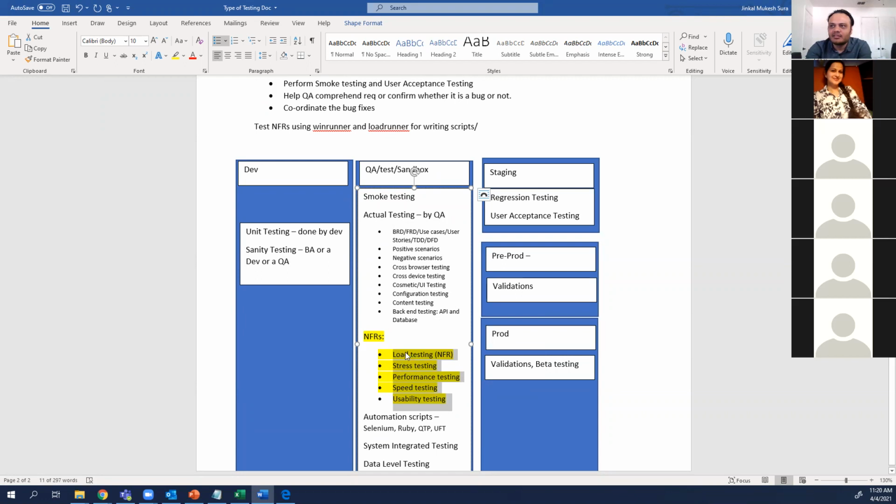टेस्टिंग वर्ड मत यूज करना। रिक्वायरमेंट्स फॉर हैंडलिंग द लोड एंड स्ट्रेस ऑन द साइट, requirements to handle the performance of the site and speed of the site. Based on load and stress, your performance and speed will get affected. Am I right? और ये स्क्रिप्ट लिखते हो इन चीजों से।